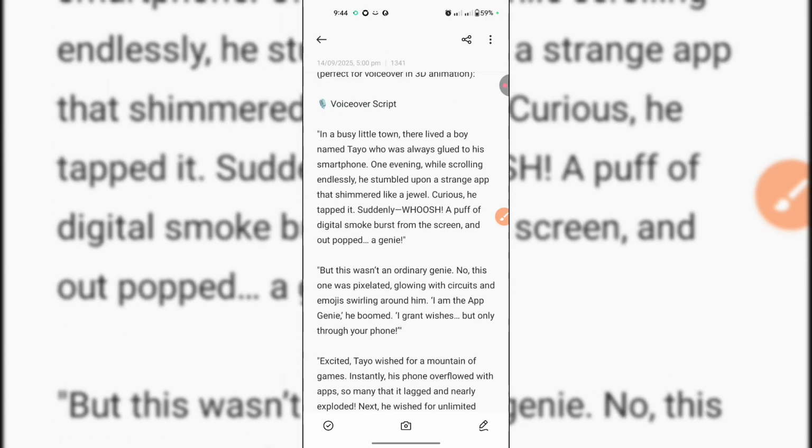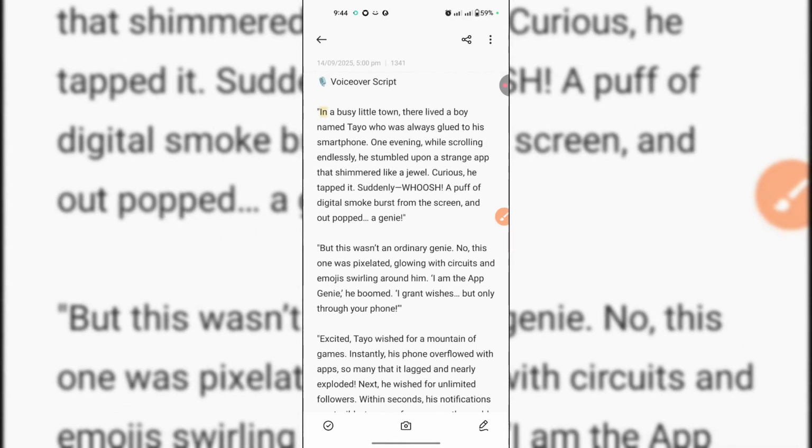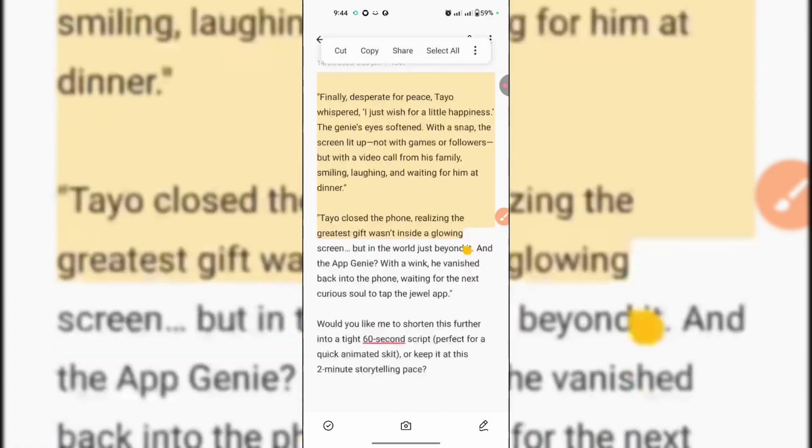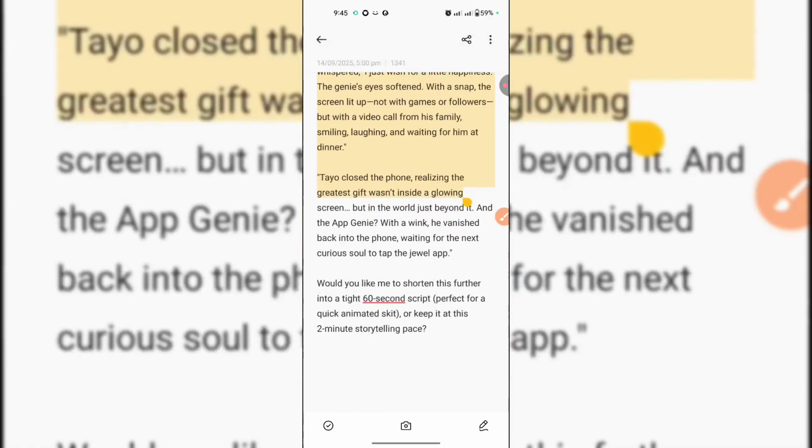Now, that first one that ChatGPT gave us is the one that we are going to be using for voiceover. So I'll copy this story now. I'll copy, and then we go to Google AI Studio.